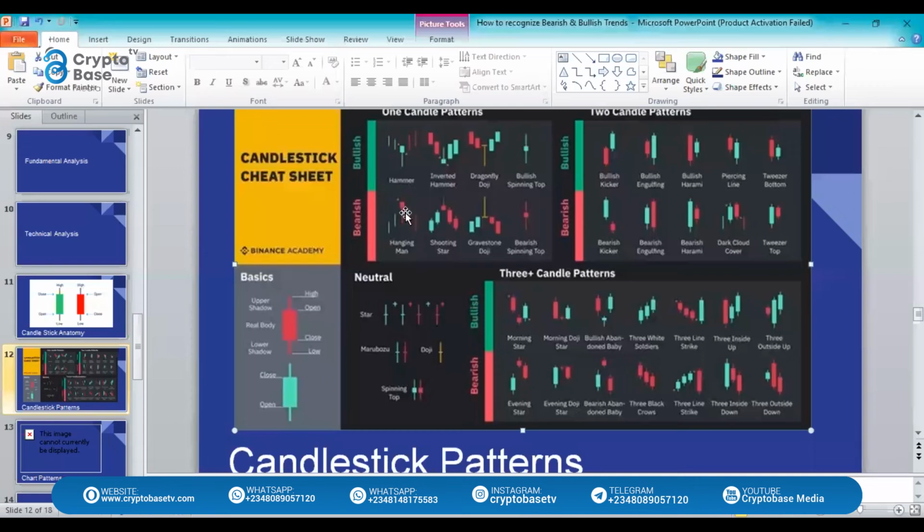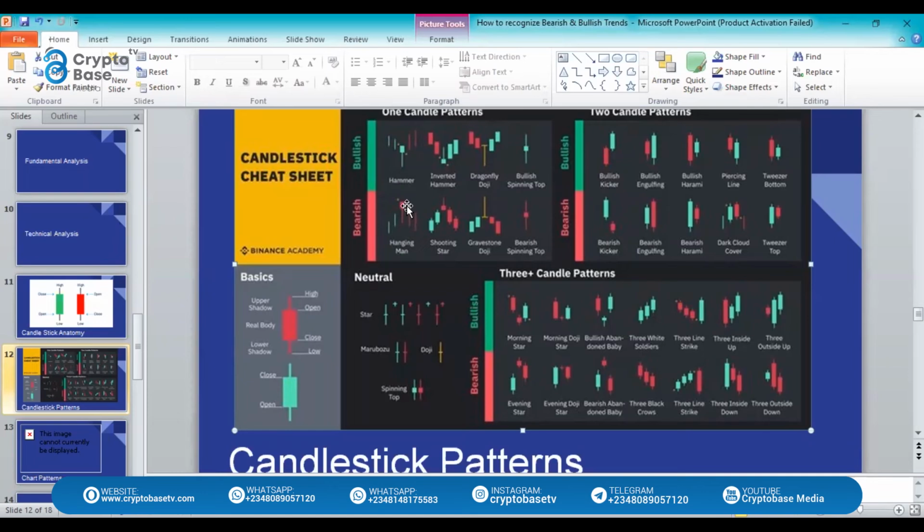But you still need to check some confirmation, like the RSI, the relative strength index. When you see that the RSI is overbought, 70 and above, and then you see this type of angle in a chart at the highest level of the price, get ready to sell, because the coin is going to go down, or it should retrace.